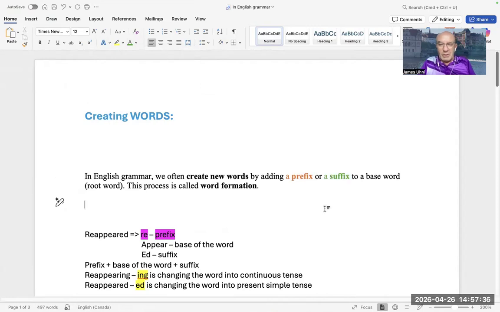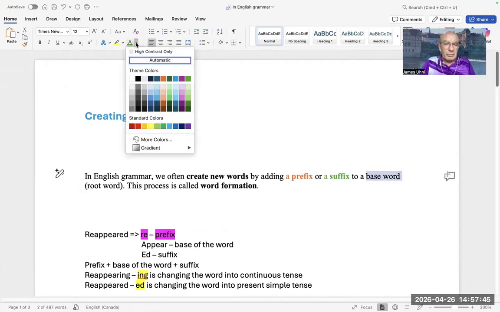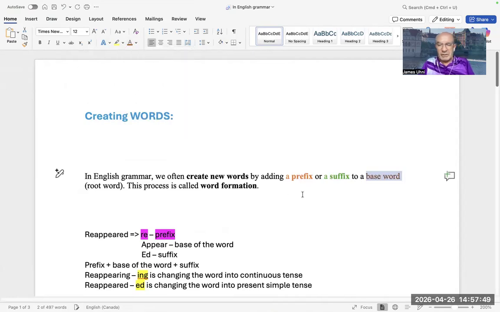Okay. To a base word. So base word, what color do we put there? Okay, I like brown. All right, let's make it brown. Root word, root as a root word. This process is called word formation. So creating words is a word formation